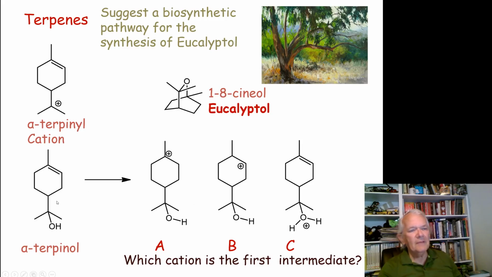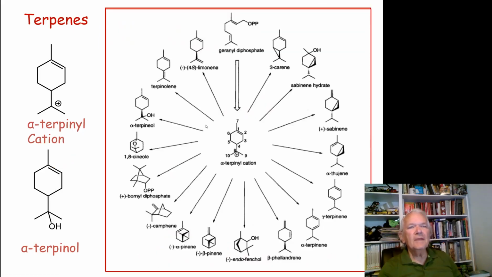But how do we get from the alpha terpinyl to intermediate A? Well, of course, we just add a proton. So we add a proton, and we go to A, and then we just simply cyclize. Goes up here. It has to lose a proton. I'm not showing that step, but well, I guess I am showing that step here. You lose a proton, and you go to the eucalyptol. So that's pretty simple. Now, all these mechanisms are not quite that simple. Some of them are actually kind of tricky. But when you go around this circle, you should be able to draw a mechanism for every one of these. Okay, isn't that fun? It's going to give you something